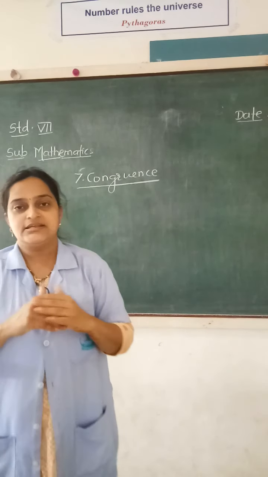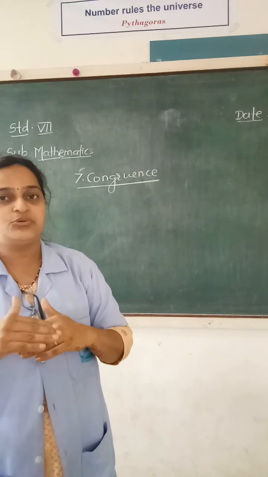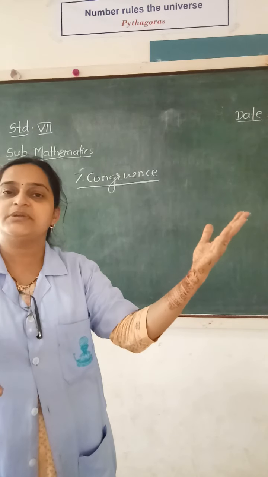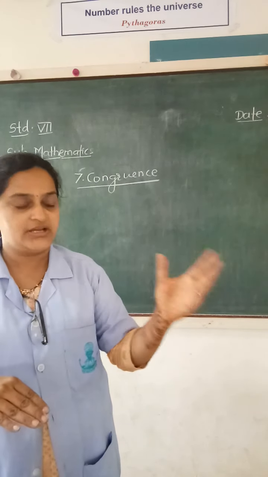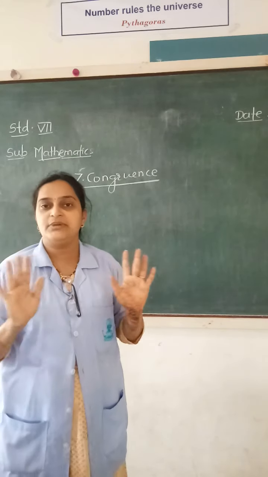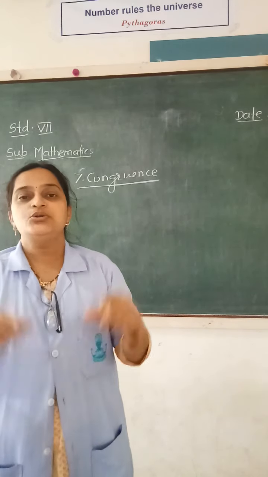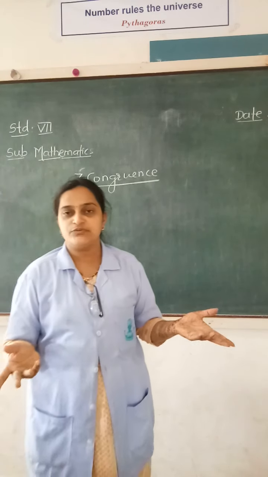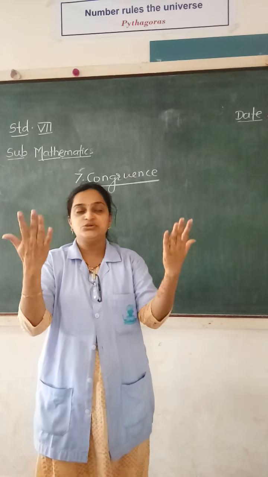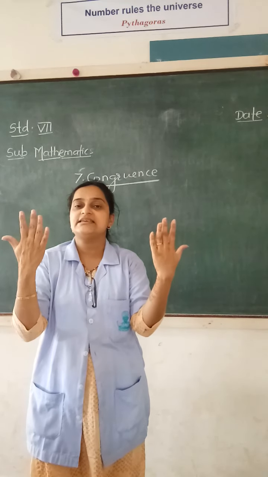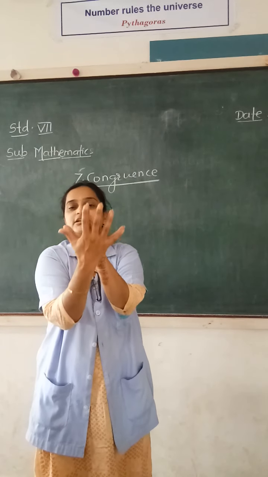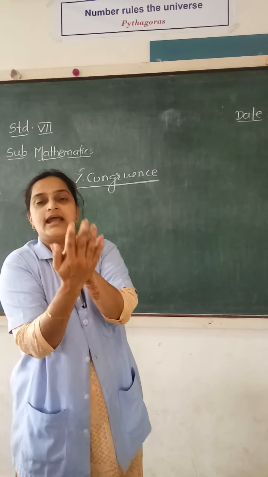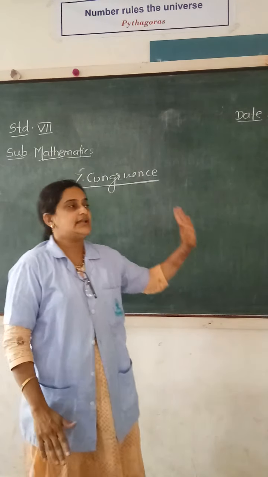See, once more. Let me make it clear that this year we are only going to study congruence for plane surfaces. Even this concept can be considered for three-dimensional figures, but currently we are going to study it for plane surfaces. So if you take two postage stamps and place them on each other, obviously what will you find? They match exactly. Two things which have equal size and equal shape, when placed on each other, coincide exactly, are called congruent things, and this property that they hold is called congruence.